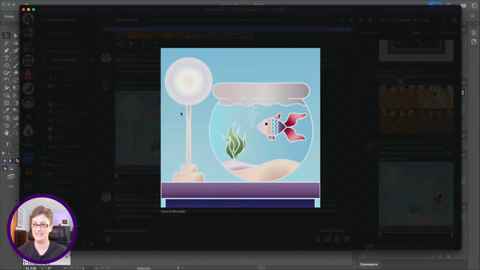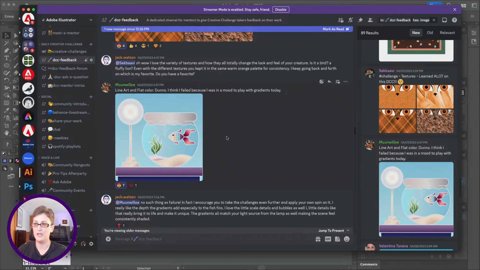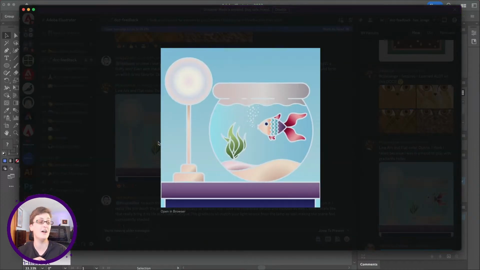Oh yeah, I really liked, Munwillow here said, I think I failed because I was in the mood to play with gradients today. This is not a failure, Munwillow. This is gorgeous. I think that the way that you added gradients in here to make it your own works really well,